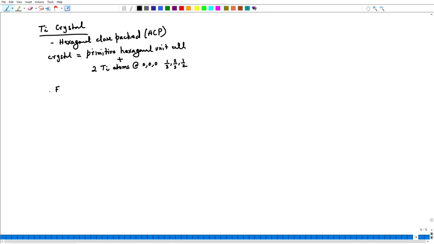So, the structure factor F, now I can write the motif part first. Now, again the atomic scattering factor is the same because the same kind of atoms are present. So, we can just call it as f_Ti perhaps, multiplied by the motif, which will have two terms because there are two atoms in the unit cell. So, n is equal to 2. In this primitive lattice, the lattice points are m equals 1. So, f_Ti is taken out of the summation,